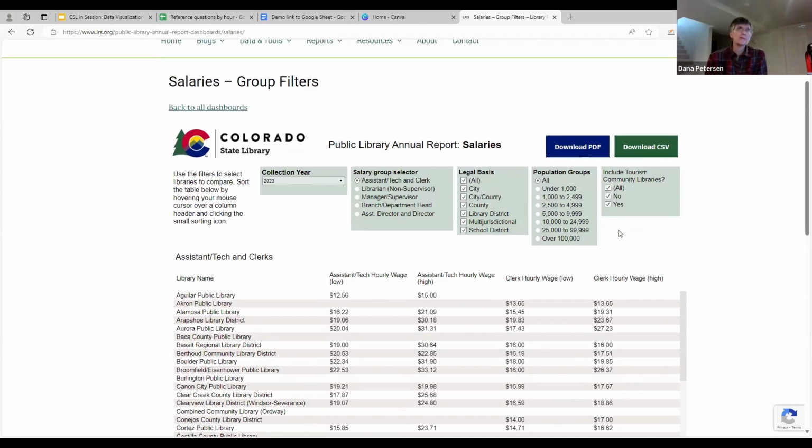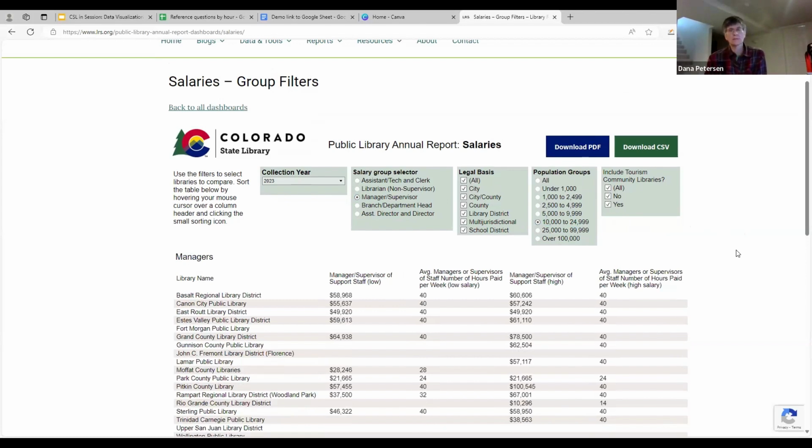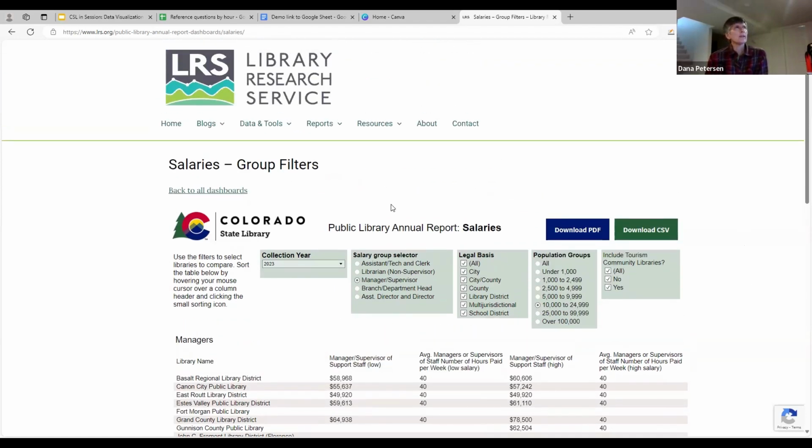This tool is interactive, meaning I can filter and say, I only want to look at supervisor salaries for libraries with a certain size, LSA population, legal service area population. You can filter that. Interactive. That creates issues and challenges when it comes to being accessible. And in the landscape we're in right now, we're all learning that every day at the state library, how best to make and keep our stuff accessible to people. Again, download a PDF, download a CSV of that data if you want to. That's all real PLAR specific data.